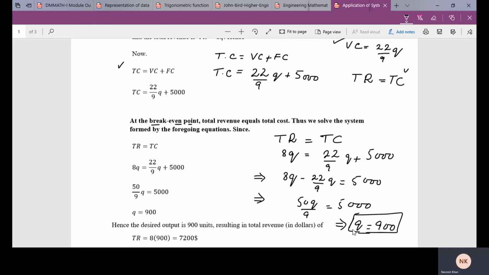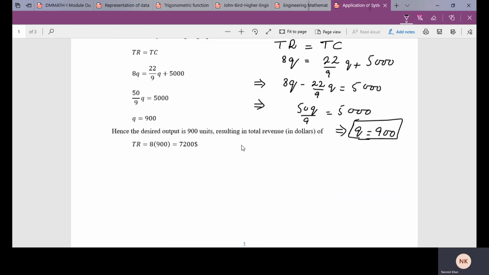But the question also asks us to find the total revenue. The formula for the total revenue here is total revenue is equal to 8Q. So 8